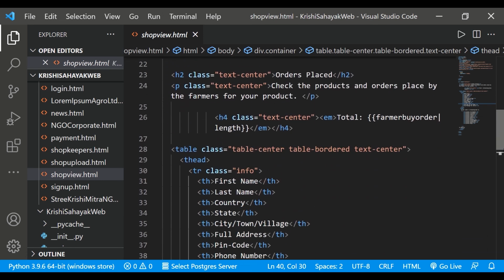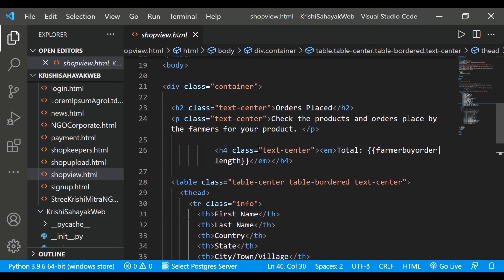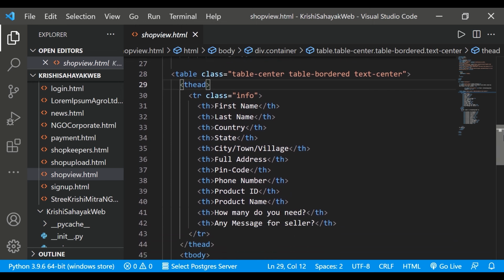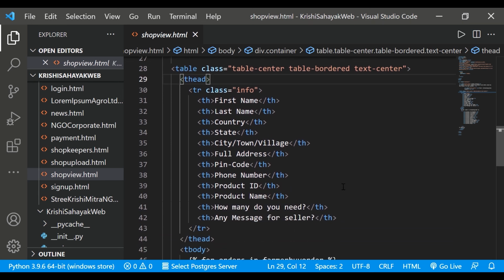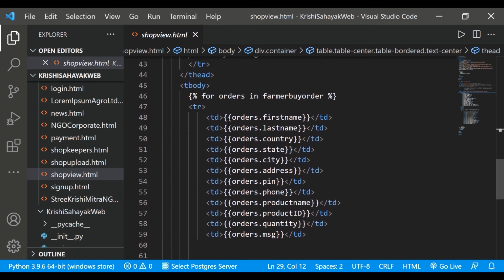I have created a table. In that table, first I give the table headings, whatever information is going to come. After that, to fetch the data, I have used this syntax.